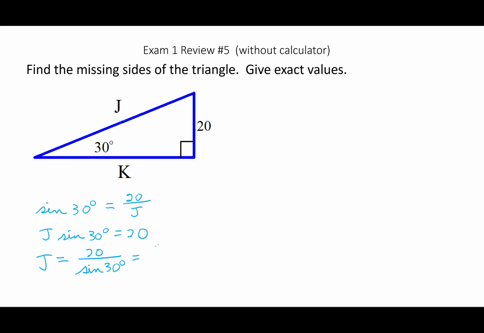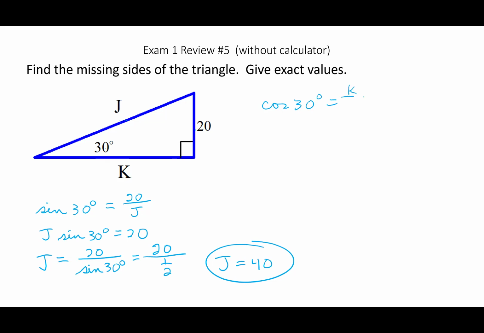which is 20 over 1/2. 20 divided by 1/2 is 20 times 2 over 1, and we end up with J equals 40. All right, for K, and looking at the 30-degree angle, I have adjacent and hypotenuse. And so the cosine is what we'll use here. The cosine of 30 degrees equals K